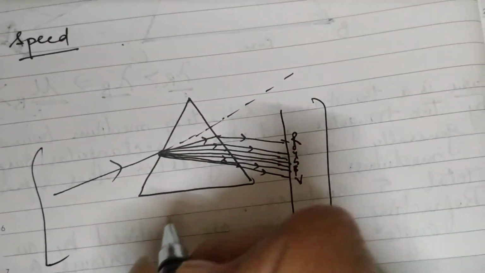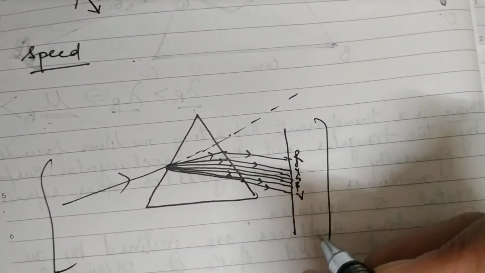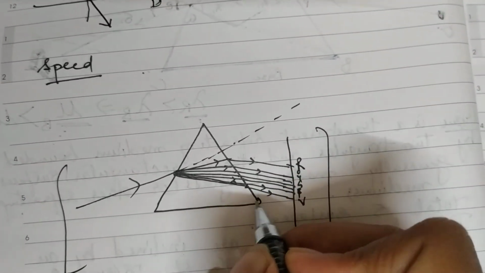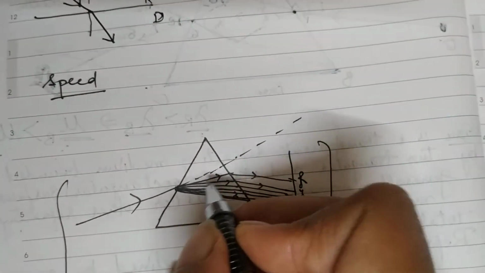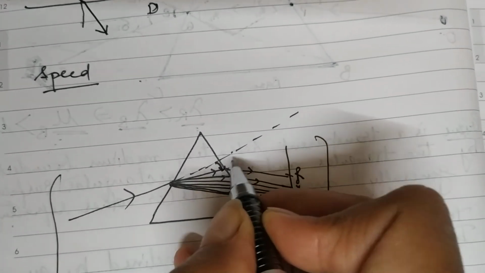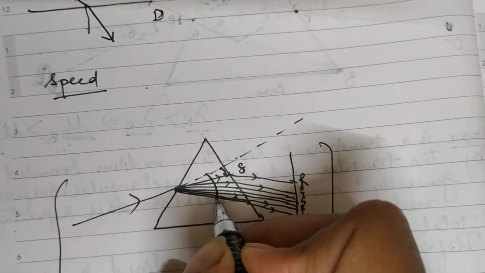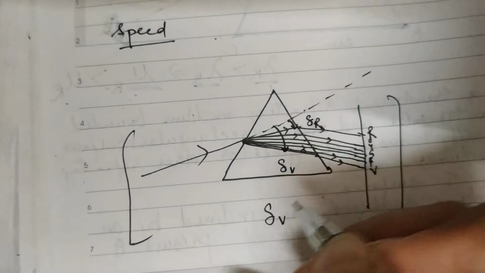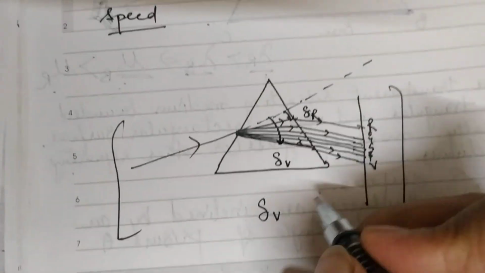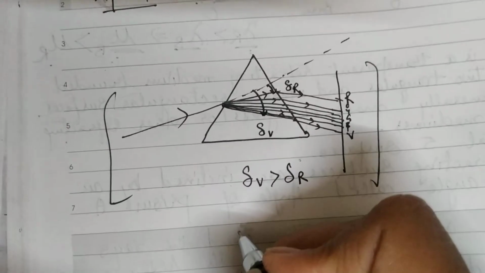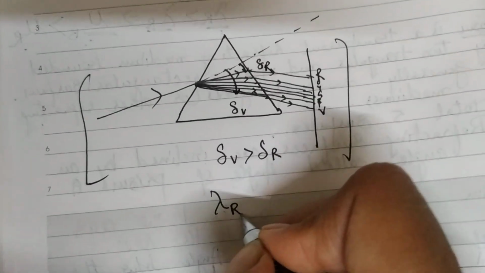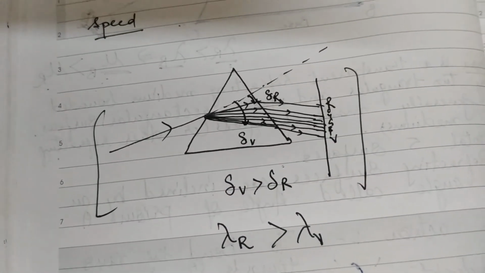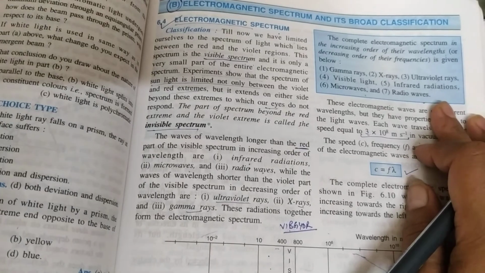So what is the cause of dispersion? Different colors or different wavelengths of light travel with different speeds in the same medium. That's why they deviate by different angles. So the angle of deviation of red is this, and the angle of deviation of violet is this much. So you may see that violet's deviation is very much more than the deviation produced by red color. I told you the reason: lambda of red is more than the lambda of violet or blue. Violet or blue is the same thing. These are the blue family or violet family colors.